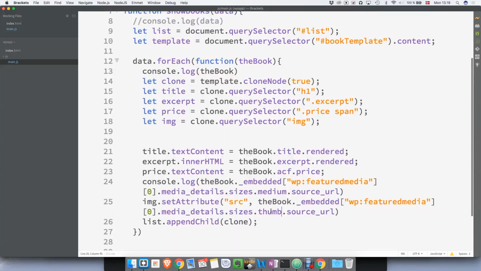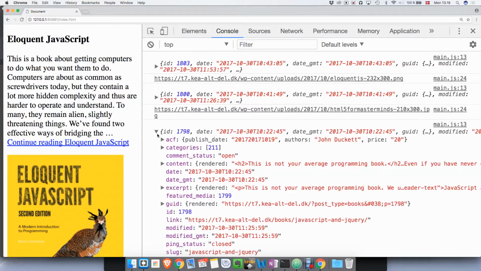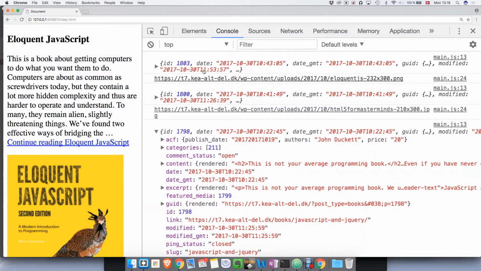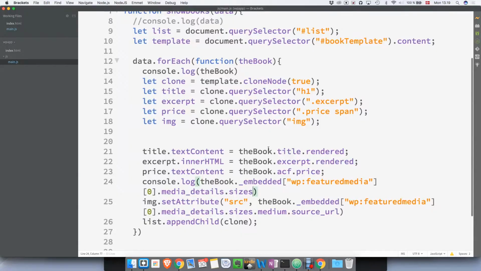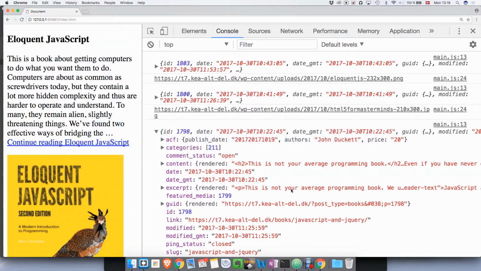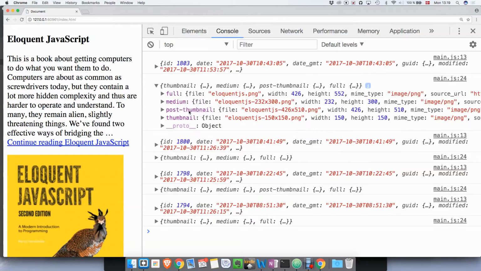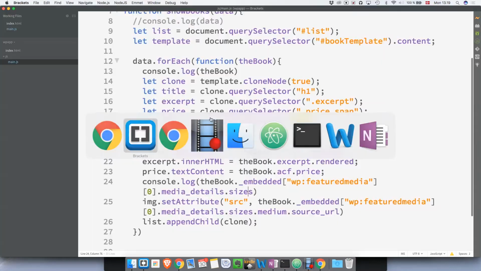Nope, wasn't thumb. Let's see what it was called. Sizes, where are we? I'm console logging the wrong thing. Nope, I just didn't save. Stupid me. We have thumbnail, full, post, and something else. So I can go and say